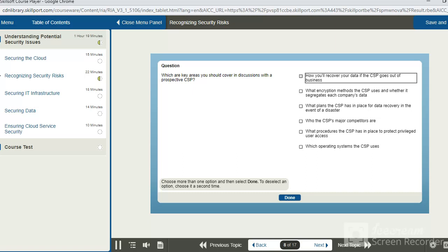Which are key areas you should cover in discussions with the